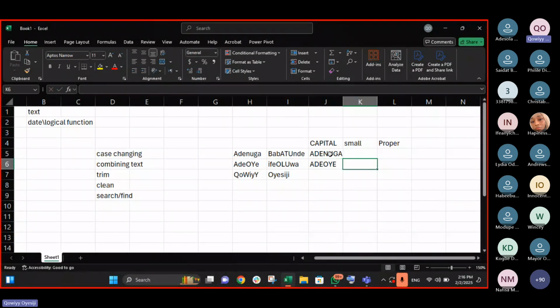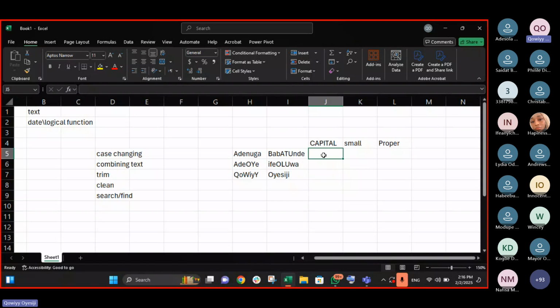Let us assume I have 1,000 names. That's going to consume a lot of days. So rather than doing that, you don't need to stress yourselves. We have a function that can assist us.